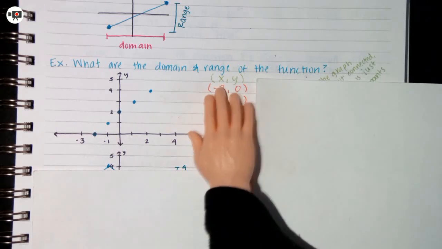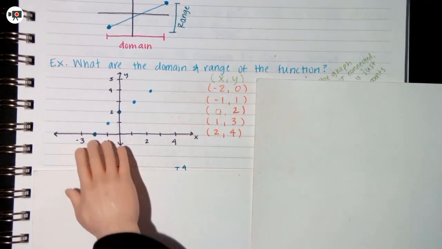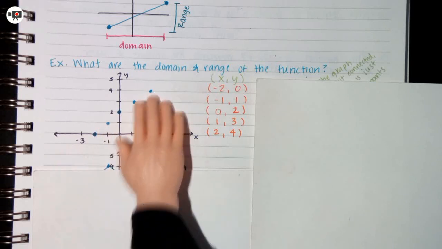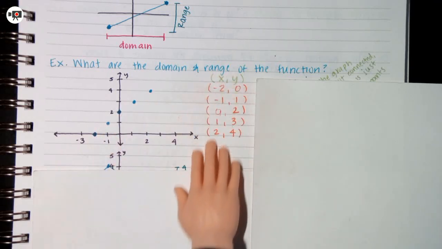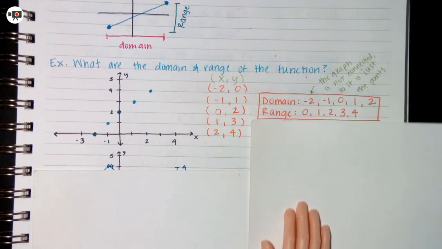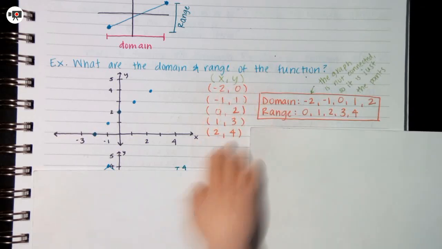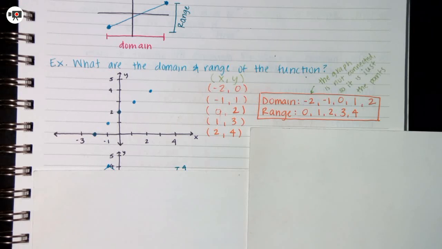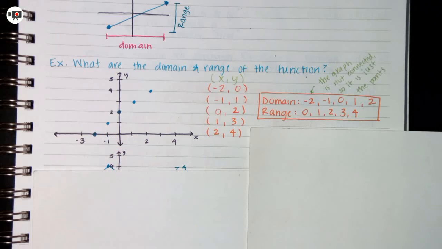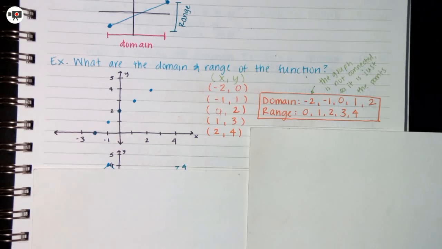The coordinates are listed x, then y, and I have -2, 0, -1, 1, 0, 2, 1, 3, and 2, 4. So possible x values: -2, -1, 0, 1, and 2. And possible y values go from 0 to 4: 0, 1, 2, 3, and 4. Since my graph is not connected, it is just these individual values. We cannot say that we can have 1.5 because there's no line there to connect it to show that it's